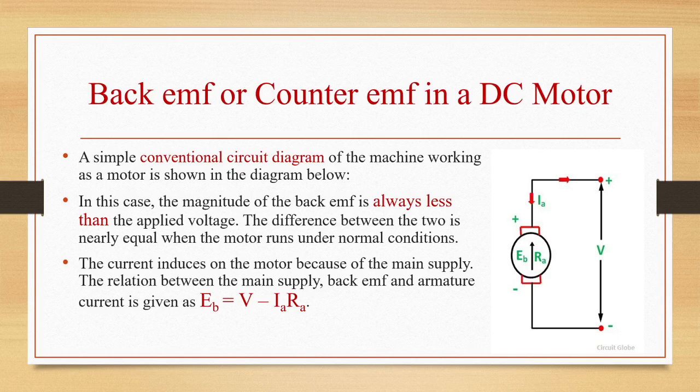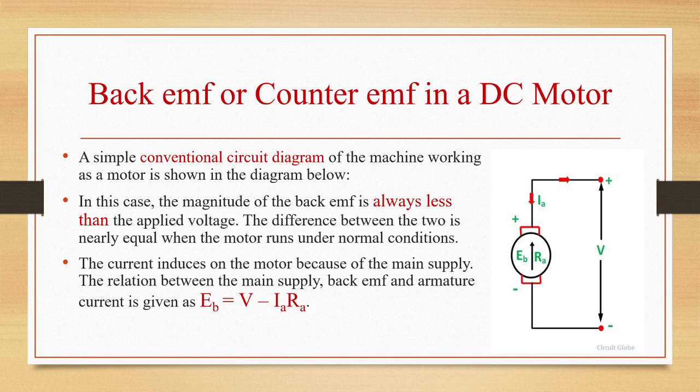So we have considered a shunt wound motor. When DC voltage V is applied across the motor terminals, the field magnets will be excited and the armature conductors will be supplied with current. So a driving torque will act on the armature, which will begin to rotate. As the armature rotates, back EMF EB will be induced, which opposes the applied voltage V. The applied voltage has to force current through the armature against the back EMF EB.